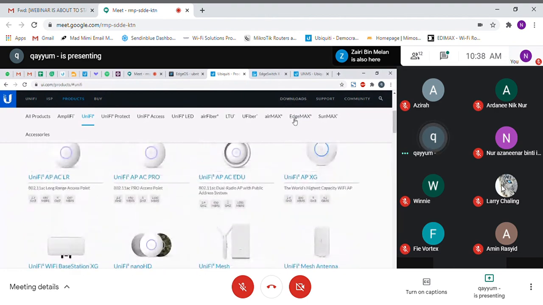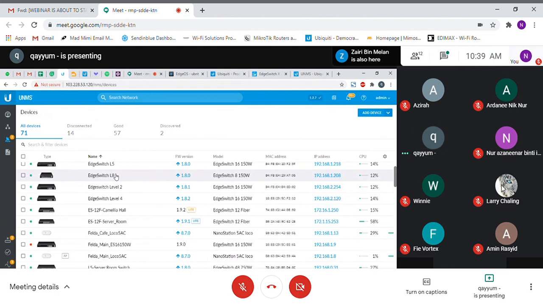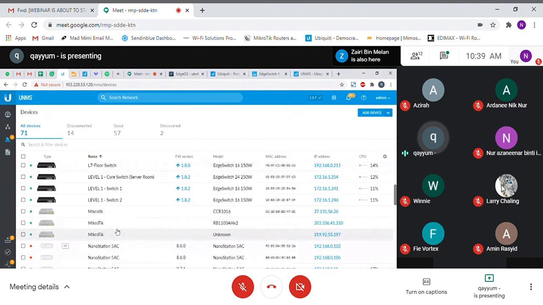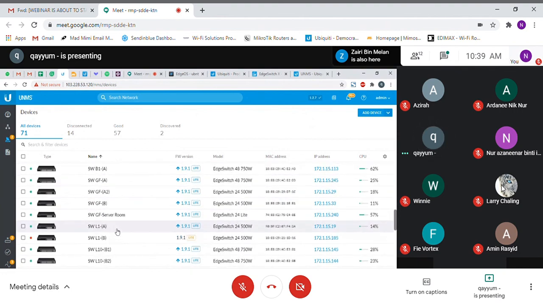But EdgeMAX doesn't have a controller. It is standalone. They only have UNMS for monitoring, and I think some features like upgrading firmware and device reboot. But for now you cannot configure devices remotely under UNMS.